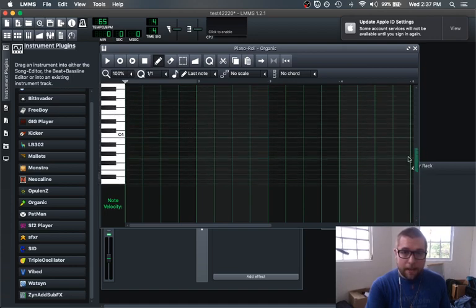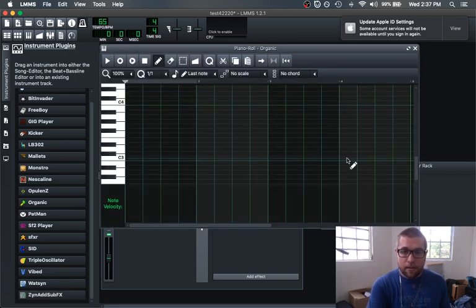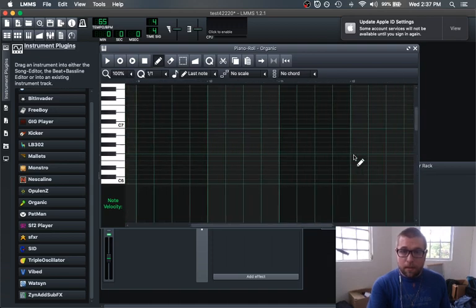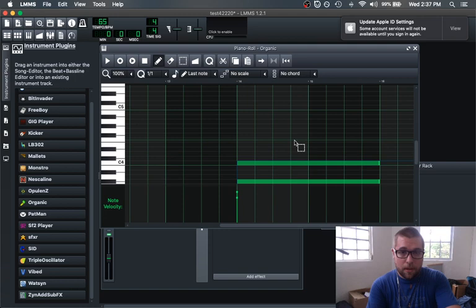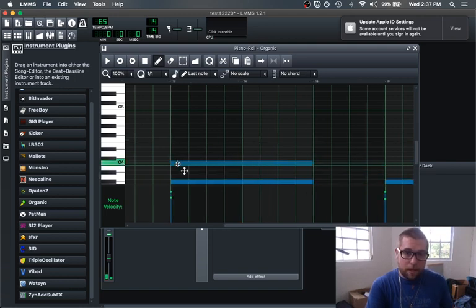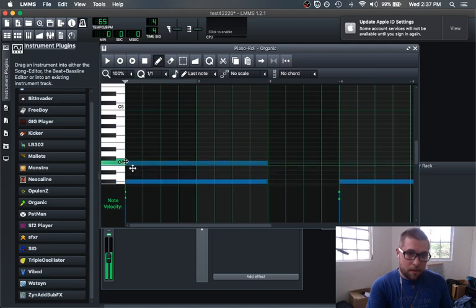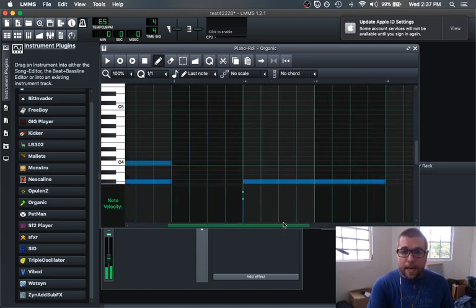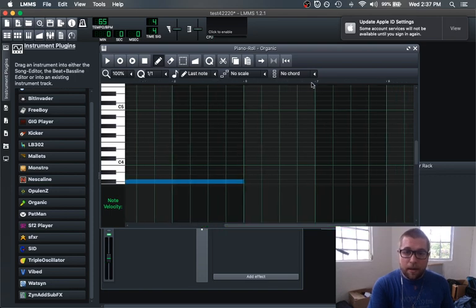Slow as heck, right? Where'd it go? It started over here, that's why. Where are you? There we go. Bring it to the beginning. Okay, and then we go to the end of the 6th bar, right here.